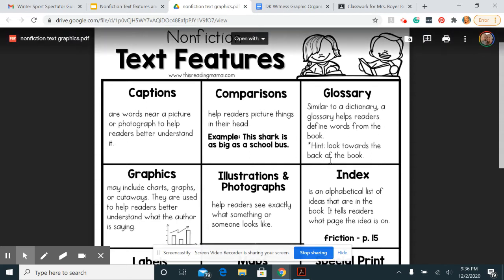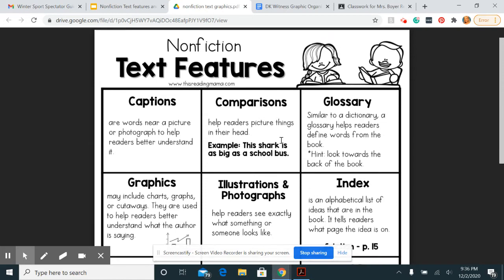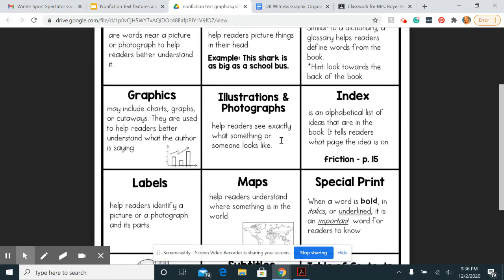Glossaries, those are towards the back of the book. They're kind of like a dictionary. It helps you define some of the words that are in the text. Okay, graphics, those can be a lot of things. Those could be charts, they could be graphs or cutaways, and that helps you get a better idea of what